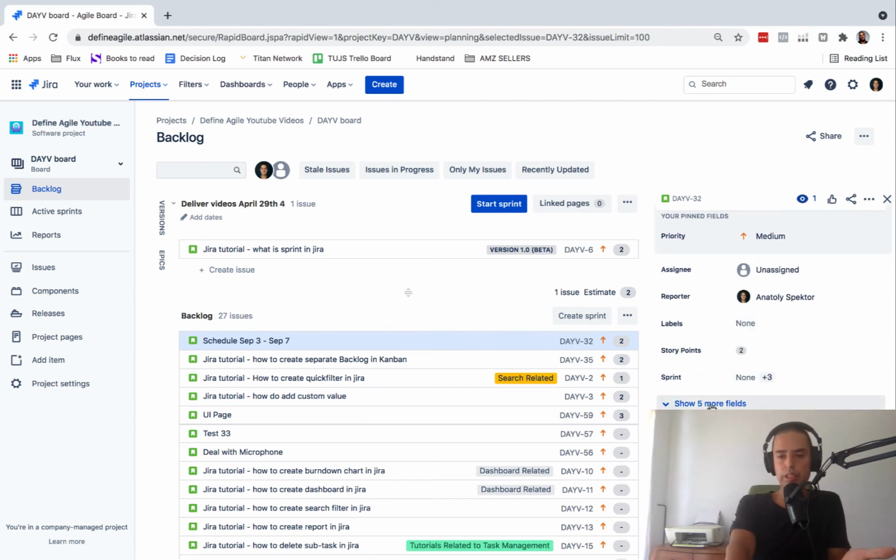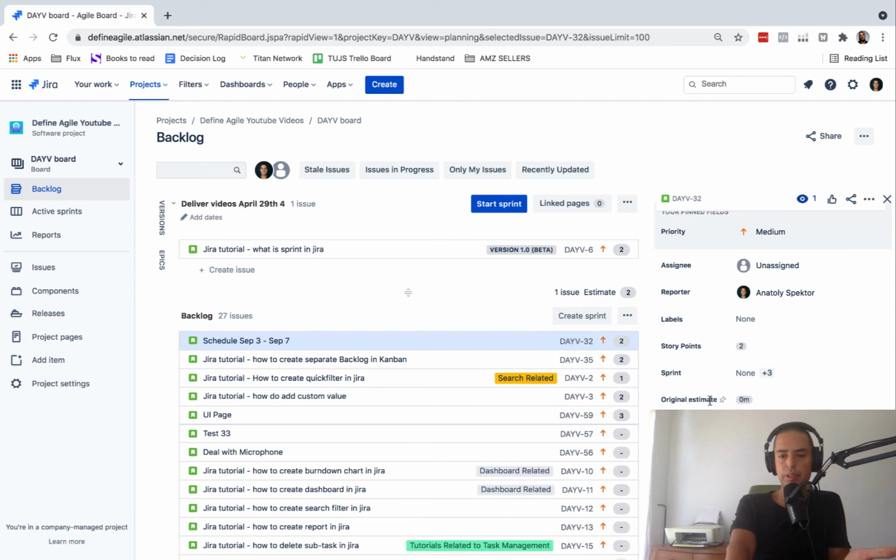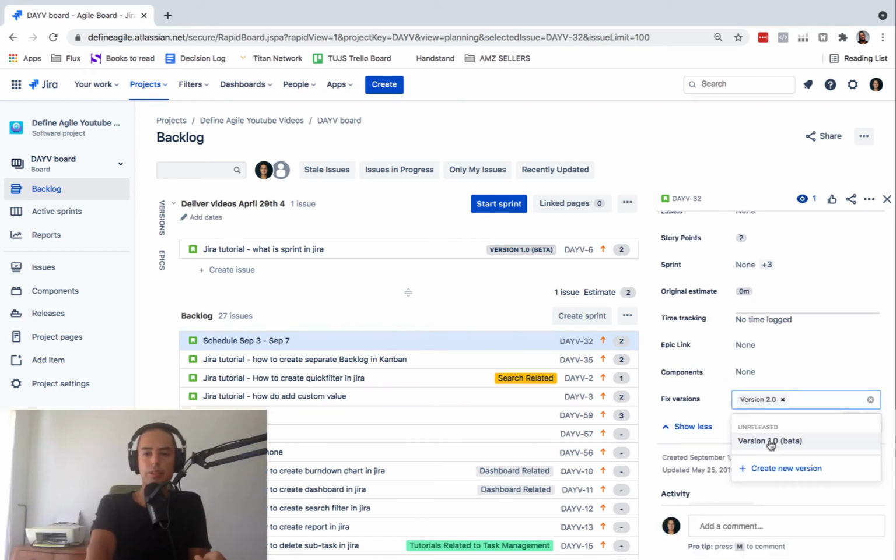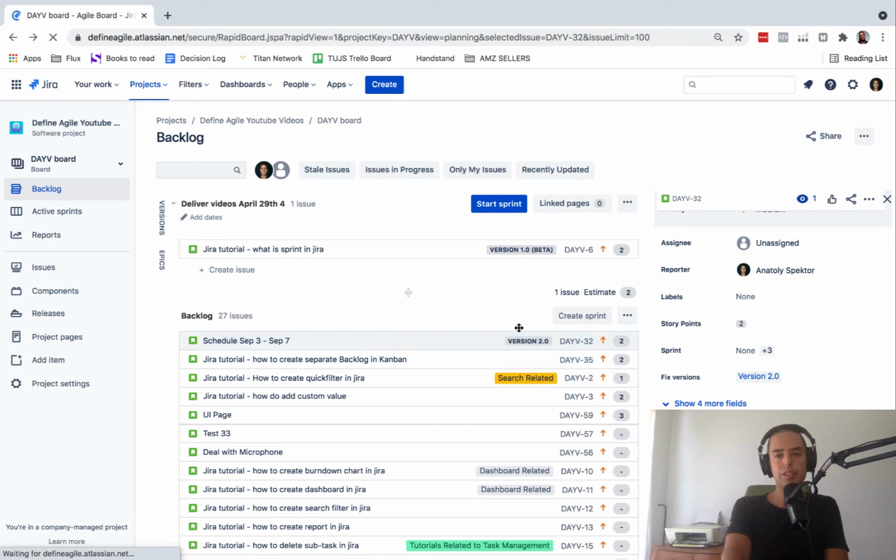is released. So to add this to our release, we need to go to fix version and say version 2.0. And then it adds it to the release. So now you can see version 2.0 appeared next to our issue. So it's like an epic, but it's not. It's a release. And then if we go to releases again